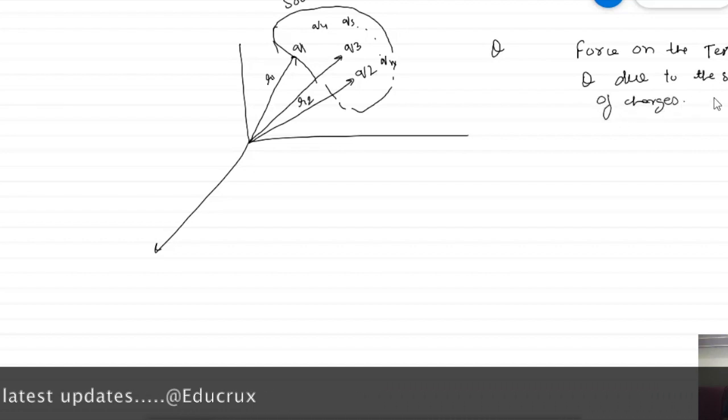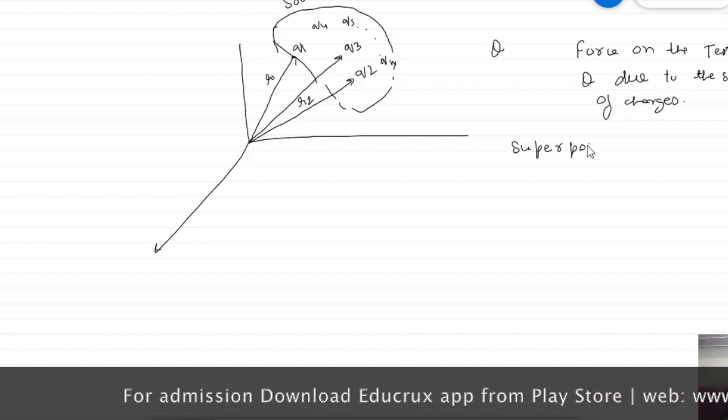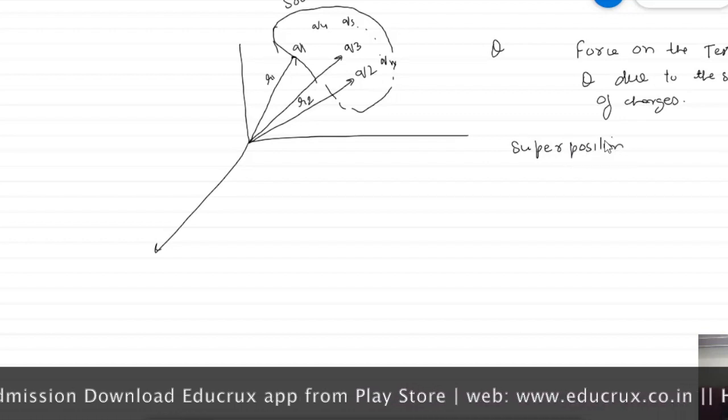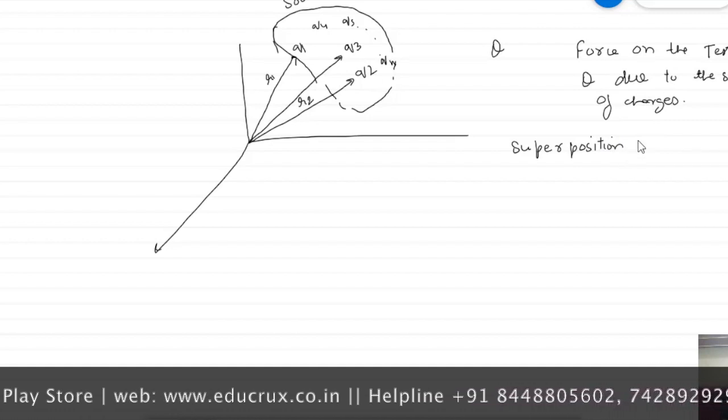So to find the force on the test charge capital Q due to this system of charges, what we have to do is we have to apply superposition principle. So superposition is simply just vector law of addition. As we know that force is a vector quantity,